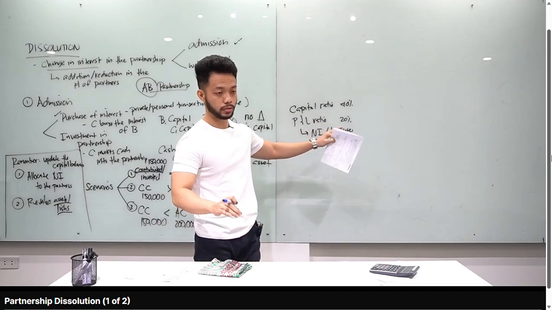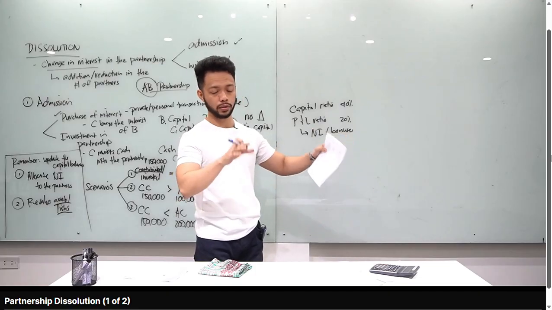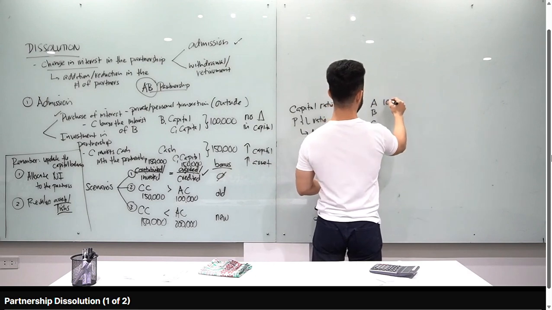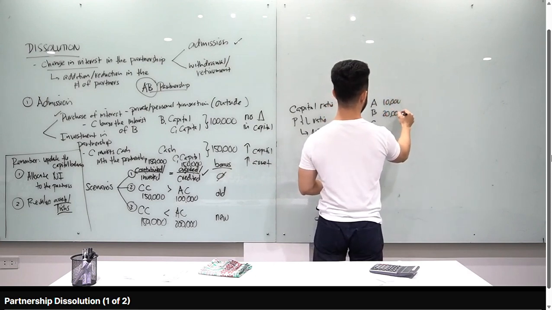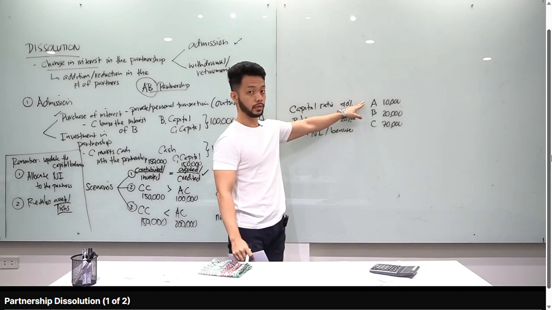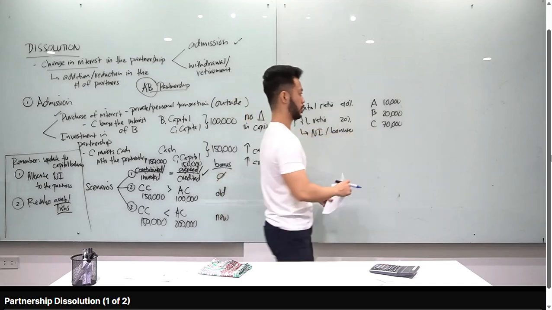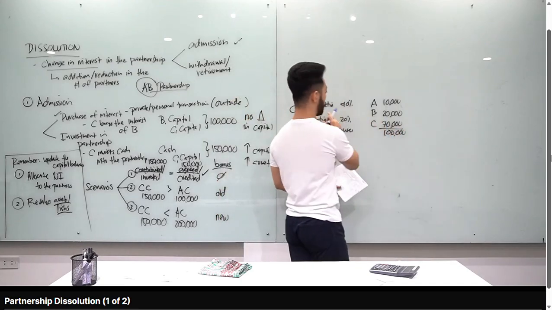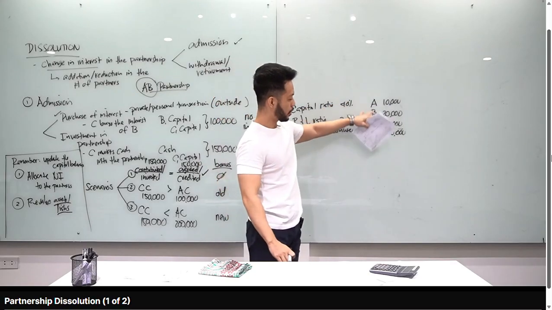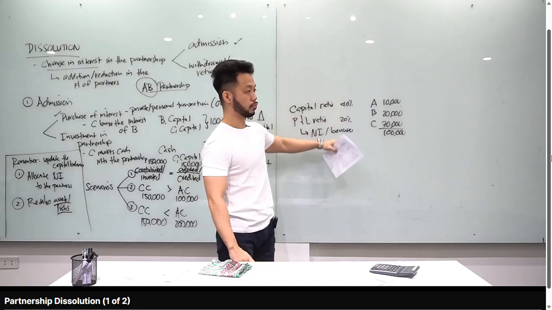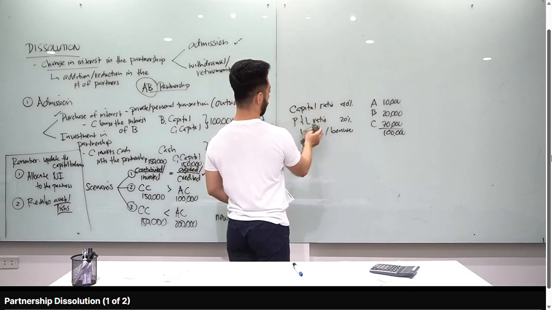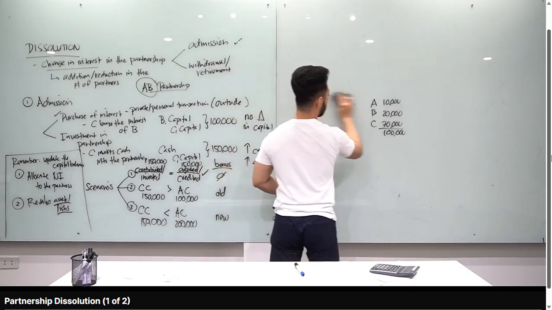The capital ratio is just the ratio of one capital, let's say here, partners A, B, and C. For example, guys, say their capital is like this: A, 10,000; B, 20,000; and C, 70,000. So the capital ratio of A, B, and C is 10%, 20%, and 70%, because the total is 100,000. So the capital ratio, class, just means the ratio of a capital over the total capital. That's all it means. But it's not necessarily true that the capital ratio is the P&L ratio. The two are independent, so be careful there. I clarified this because you might think the capital ratio and P&L ratio look alike. No, they're actually not related.